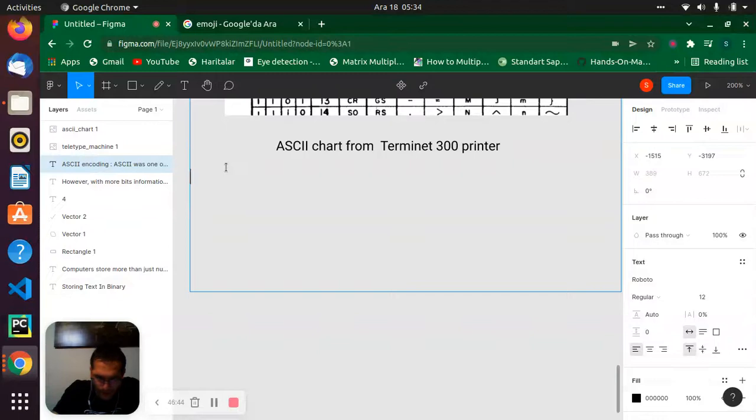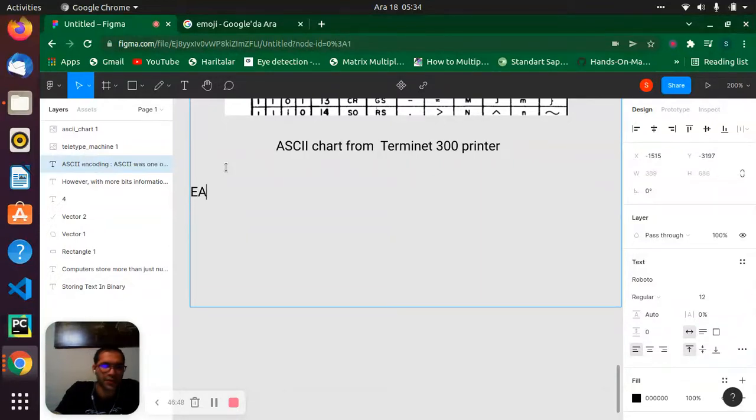Let's come down. Each ASCII character is encoded in binary data, using 7 bits.